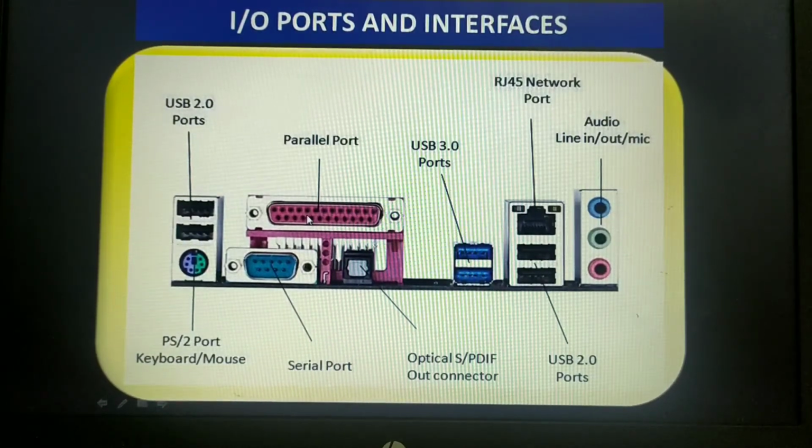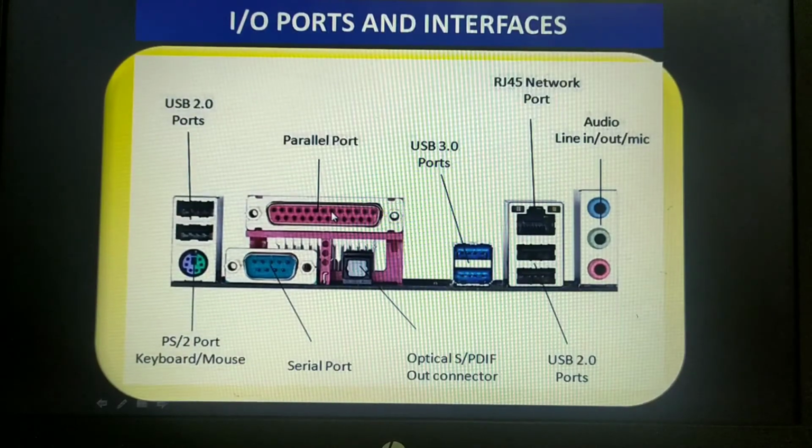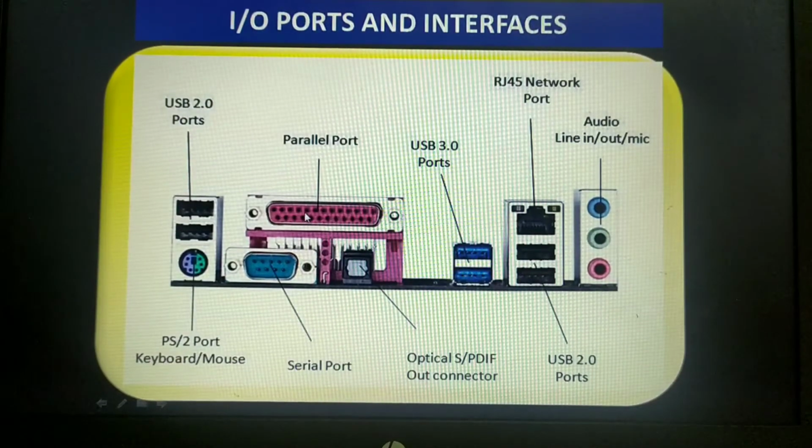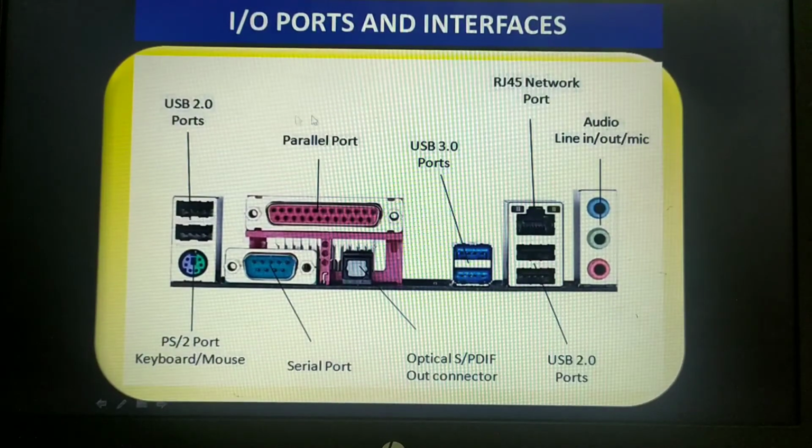Whereas the parallel port is used for printers and scanners. When I give the print command from my computer to a printer, the data transfer between that printer and the CPU for processing is how much? That is 1 byte. Comparatively it is slower. And this USB port allows 127 different devices to connect to the computer system. 127 different kinds of newer peripherals may connect through this USB port.